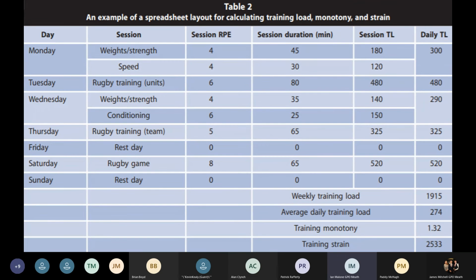So once you add up your weekly training load, you've got 1,915 units, and it can be difficult to figure out how many arbitrary units of training load you should be doing in a week. But a good indicator would be if your RPE readings from your players are starting to go up. Maybe there's too many of them up at 6, 7, 8. That could be an indicator that they're finding things difficult, especially if your session isn't necessarily that long and you don't feel like it's that intense, but they may feel it's intense for them, and that could be a sign that they're suffering from